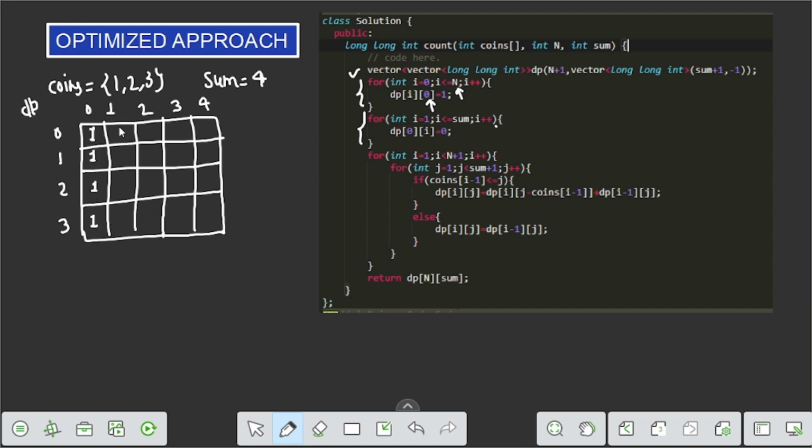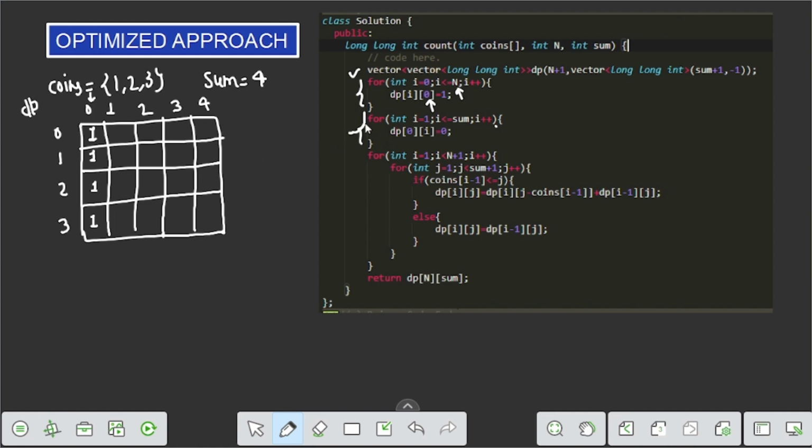Because in this column the sum is 0, so for any number of coins the resulting number of ways is 1, because we have not included any coin. So the answer is 1, 1, 1, 1, as previously discussed in the brute force approach.